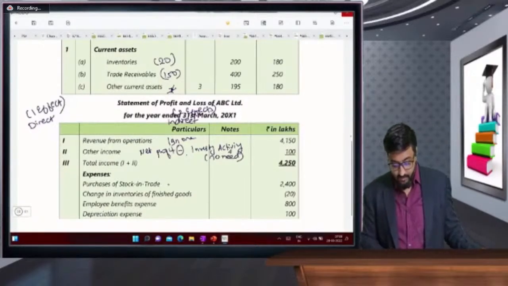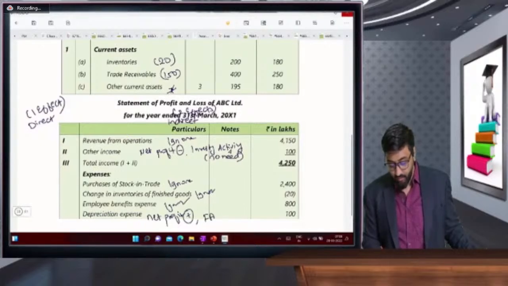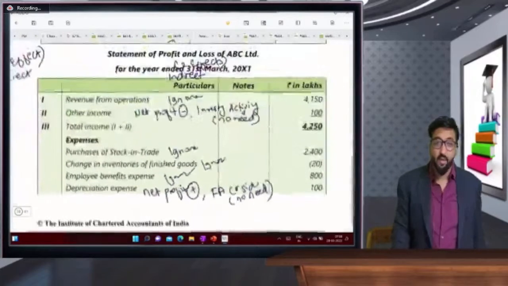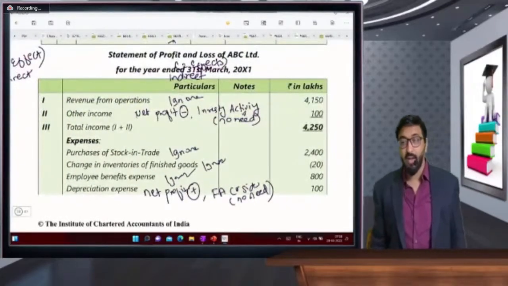Purchases, ignore. Changes in inventory, ignore. Employee benefit expenses, ignore. But depreciation, yes, will be added to net profit. And on the credit side of the fixed asset account, or accumulated depreciation, but here no need. So here no need. Please write down all these things because it will be needed at the time of revision,